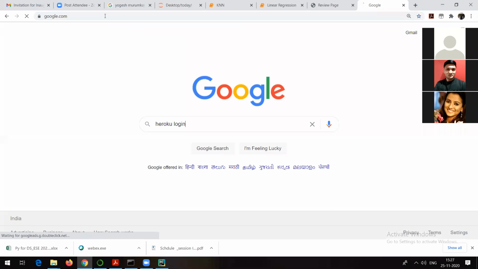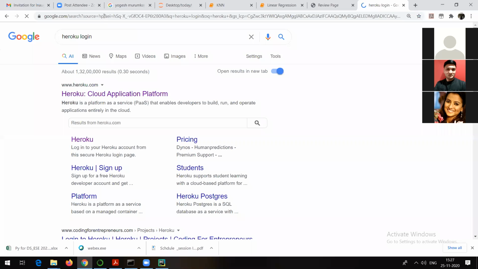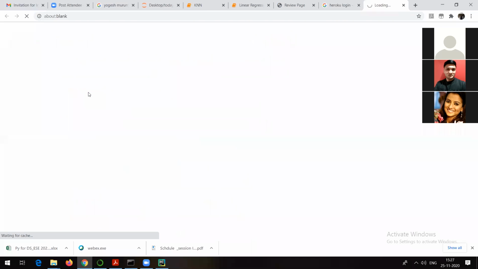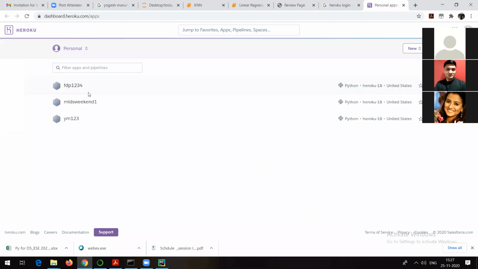Heroku will be easy for you because there is no need to mention any card details, right? This is a cloud provided by Salesforce, and you can make use of it for 2 years for free. I have already deployed some applications. The application which you are going to deploy will be visible here. This is a cloud platform, and again, it is free.